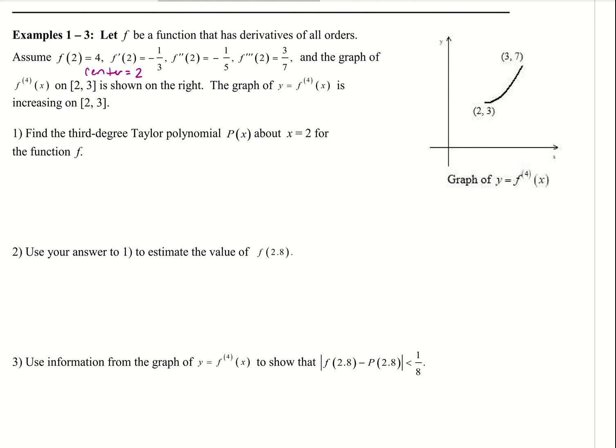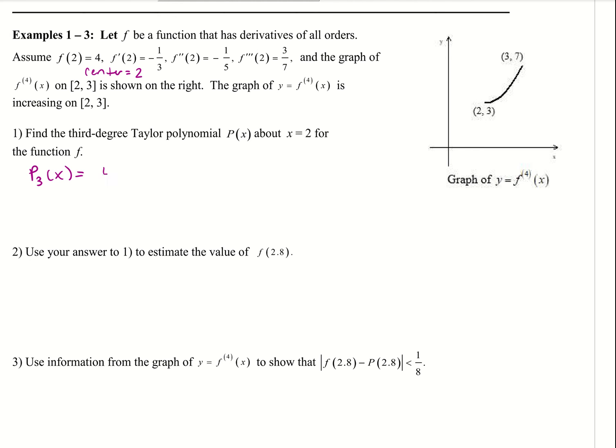Then we have a graph of the fourth derivative at x. And I'd like you to notice that it's on the interval from 2 to 3 and that the center is part of that interval. Okay, so what we want to do is first we want to find the third degree Taylor polynomial. Remember, third degree means we want x to be raised to the third power. So the third degree Taylor polynomial, I'll call it p sub 3 of x since it's the third degree, would